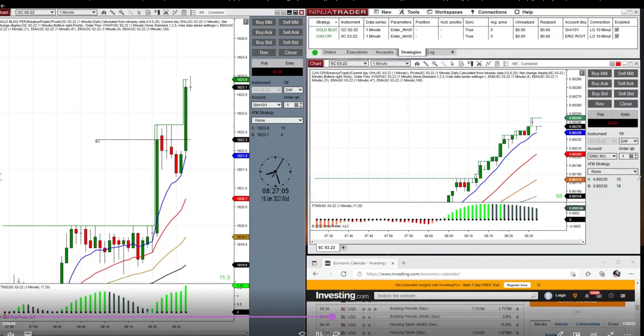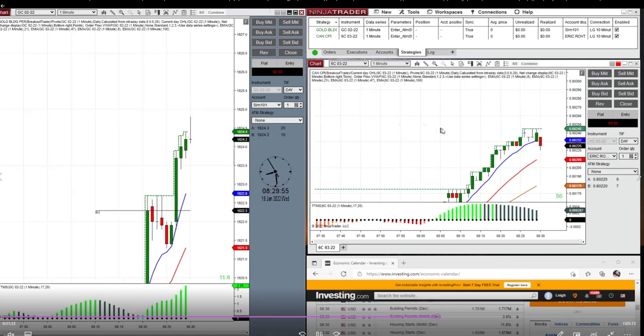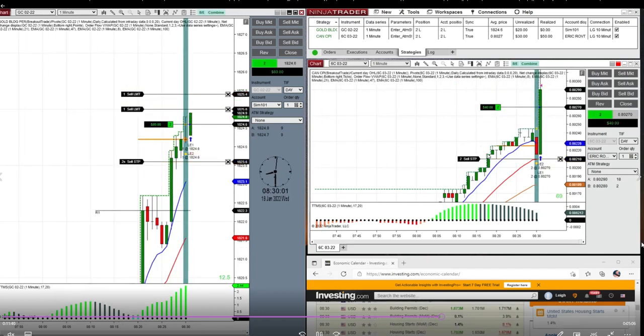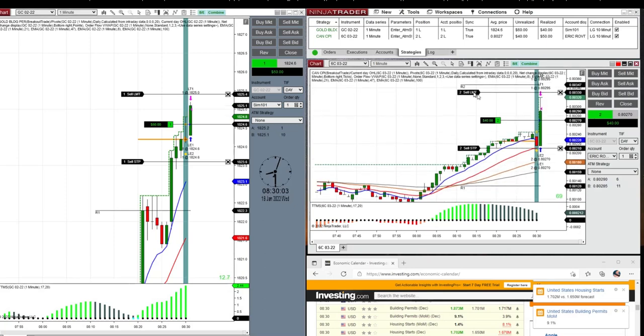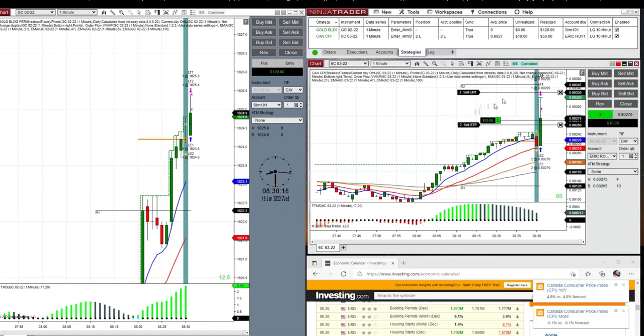Canada's on the right this time. I was live. It had a much better move, seemingly similar to what we saw in the last one. And look, it only made 8 ticks because it's low liquidity.